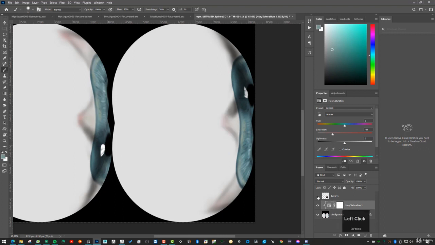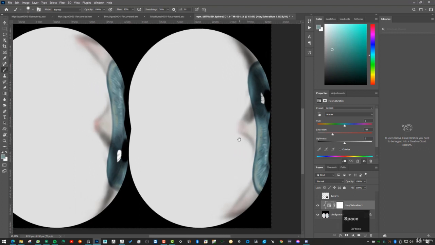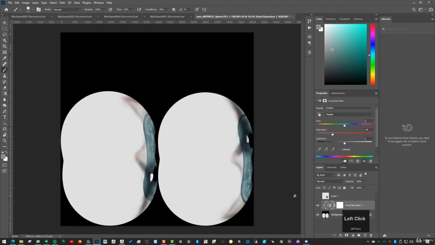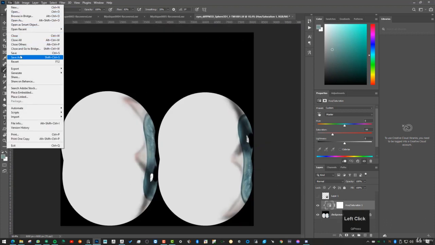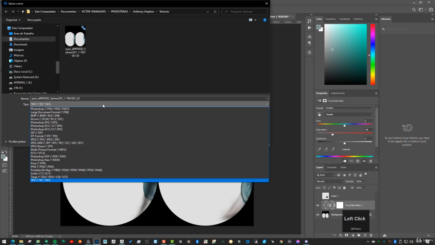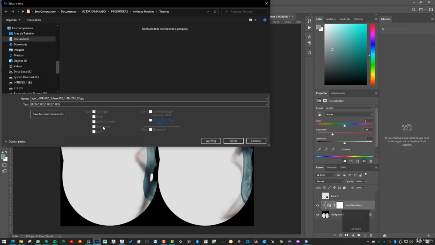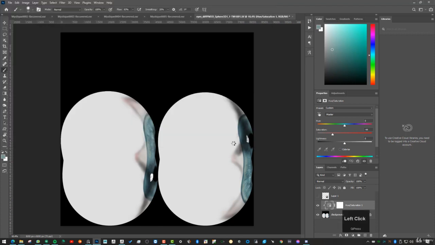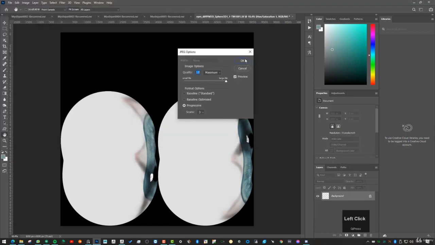Disable this top layer that we just used for comparison, and go to file, save as, and you can save another version, or I won't save it over it. I'm going to save it like this, with the disable layers option. You can save it as JPEG normally, and hit the save button. Okay,